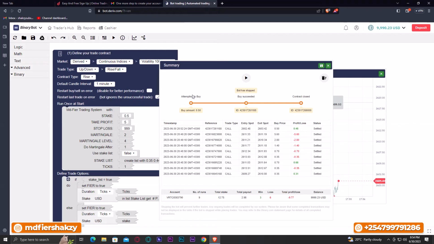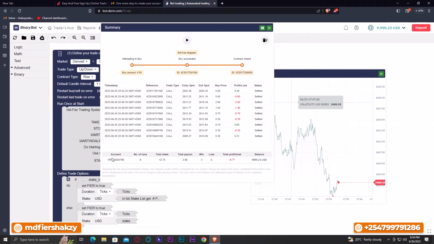Up here it will show you when it is attempting to buy, when the buyer has succeeded, and there is a reference code, and then the contract closed. Down here you can see account. So down here, this virtual account, this is the virtual trading place. You can see whether your account is real or it is virtual. You'll see it down here, and then the number of runs that so far your bot has made,